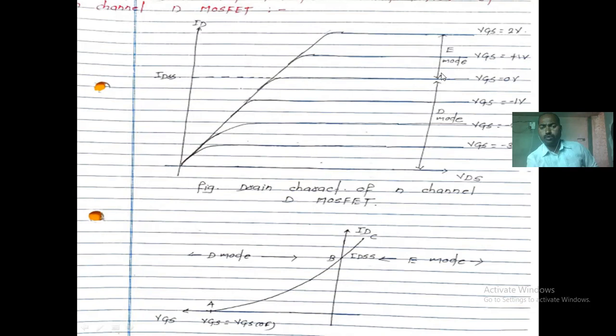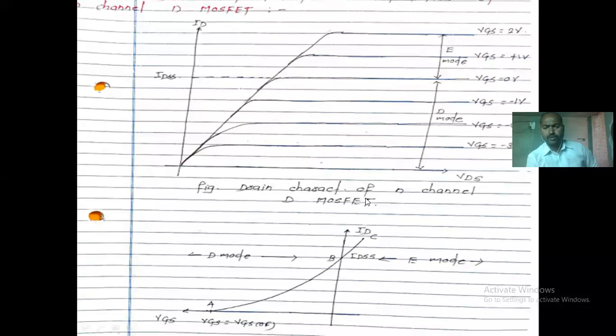When Vgs equals 0, there is still current flowing. That current is called IDSS, the current at Vgs equal to 0. As we increase the positive voltage beyond Vgs equal to 0, more current flows, which happens due to less or no depletion region in your channel. This is the behavior of the N channel D MOSFET, right? So this is nothing but the drain characteristic of the N channel D MOSFET. The drain characteristic is the plot of drain to source voltage versus drain current, right?